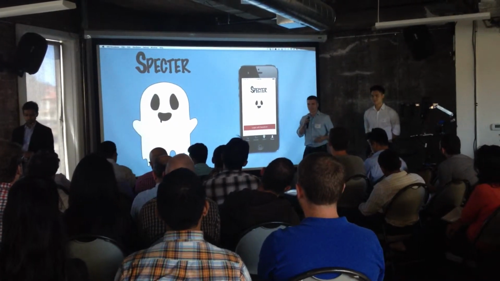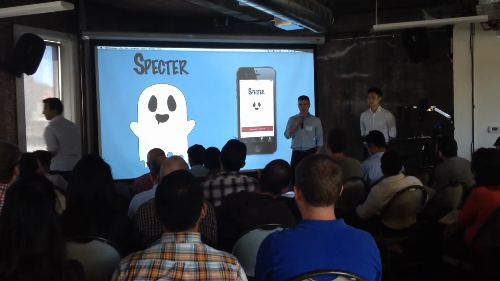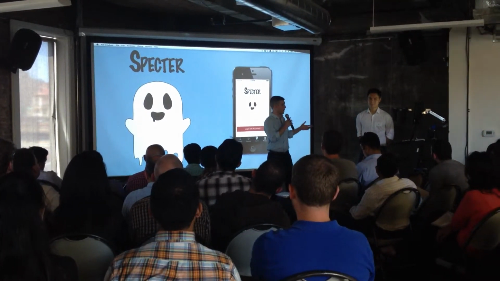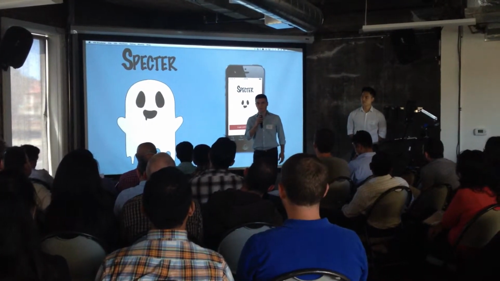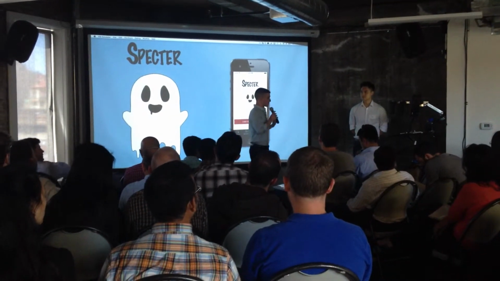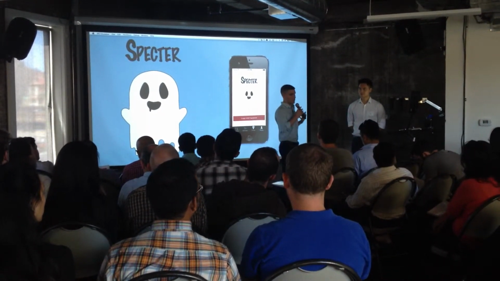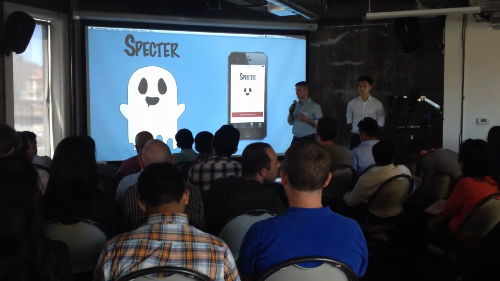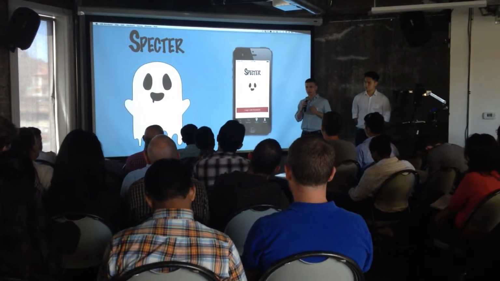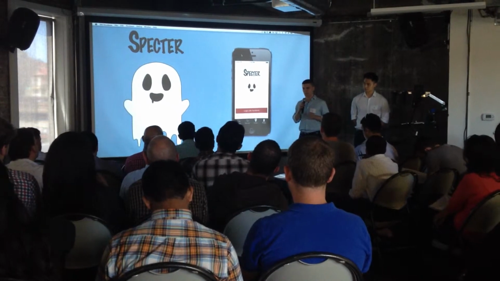Thanks, Ron. Hey everybody, my name is Jared Shai. I am the product owner and software engineer on Specter, along with Bao Nguyen, Michelle Vu, and Mitch Robb, who are not on stage today. We are super excited to present Specter because we feel like it's a new direction in communication. Effectively, anyone can now create and discover digital secrets tied to a physical location.